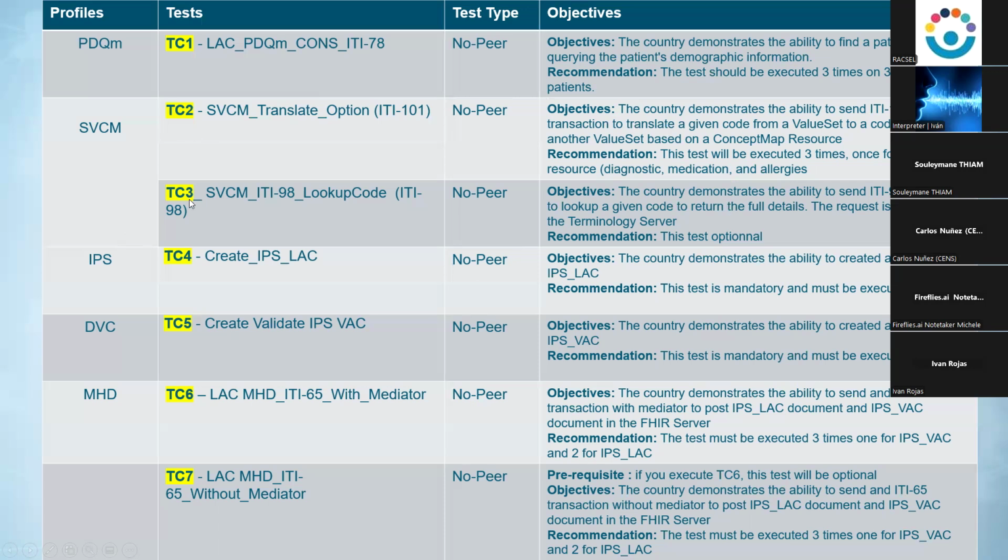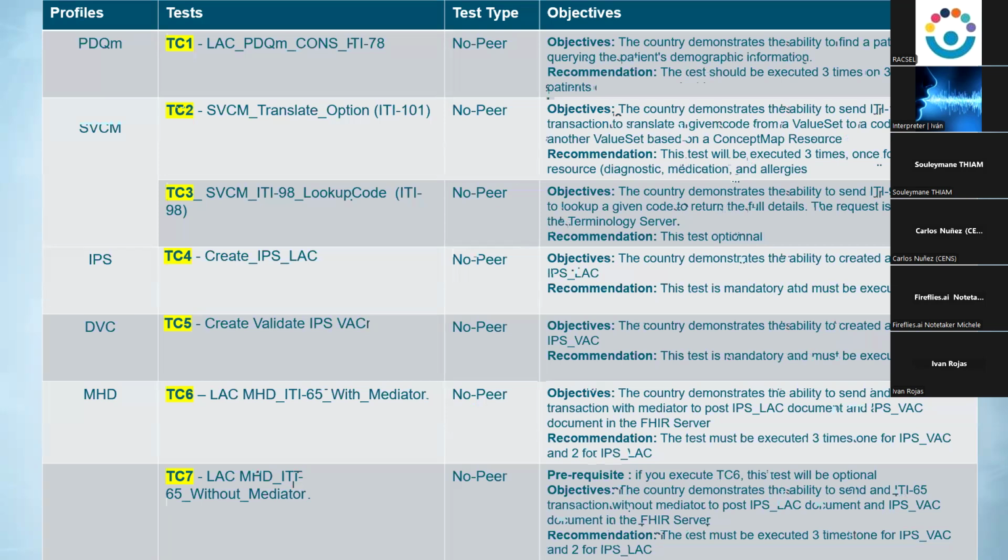After test cases 1, 2, and 3, you will be able to build your IPS document. So now we will ask you in test case 4 to create your IPS LAC first with all resources you need. Once you create your IPS document, the test description will tell you which validator to use in EVS client to validate that document.